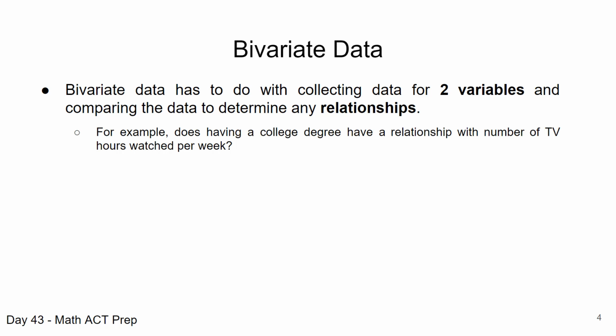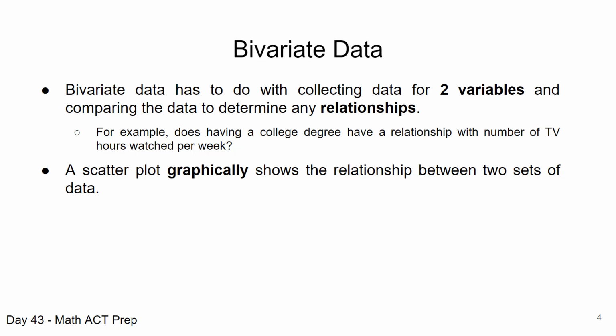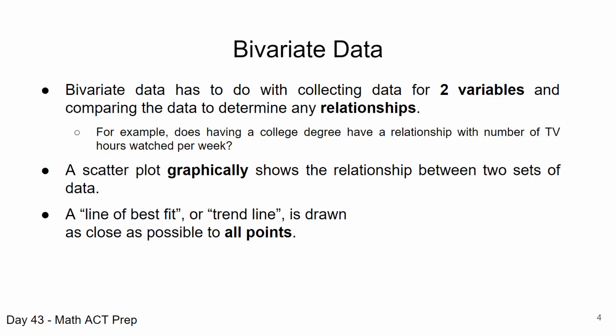So for example, someone may ask if having a college degree has any kind of relationship with the number of TV hours watched per week. So we're looking at two different variables and trying to look at any relationship. A lot of times we'll use a scatter plot to graphically show these relationships, and the two different data sets will be plotted. When we have a linear relationship, we're usually talking about finding a line of best fit or a trend line, and that's drawn so that it's as close as possible to all the points, but it may